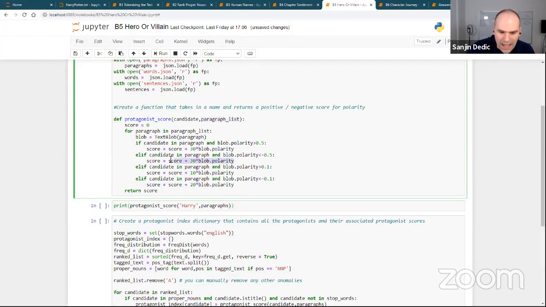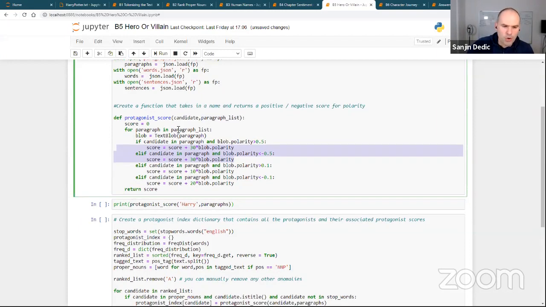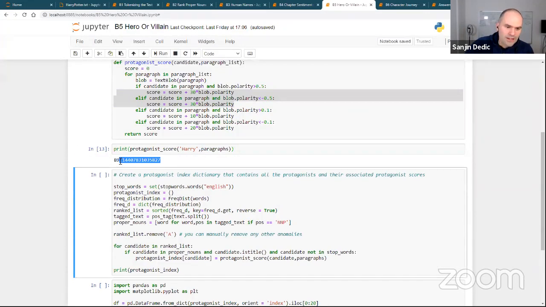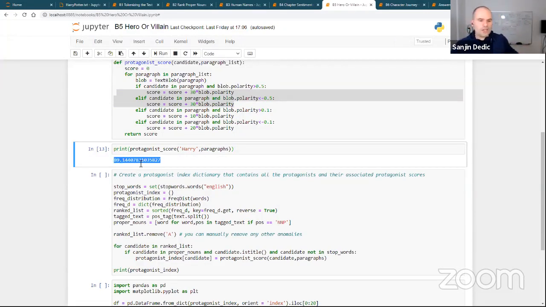I've also added extra weight to very, very positive and very, very negative emotions. So I test this out. I put Harry as protagonist, and Harry gets a score of 89. We're going to see how that's relative to everybody else. But in the next one, I will create a